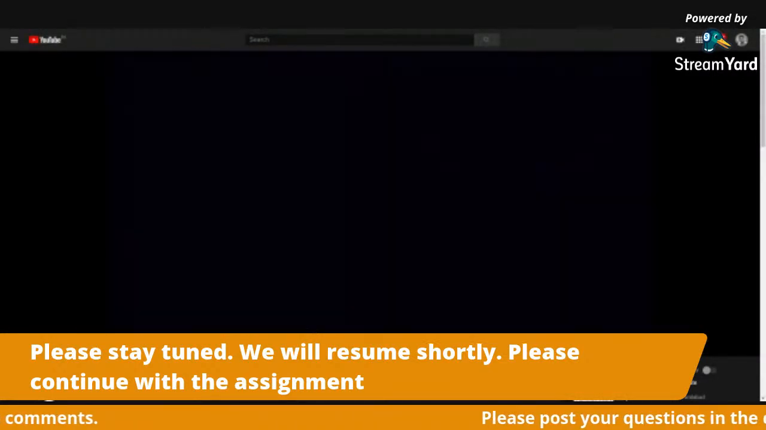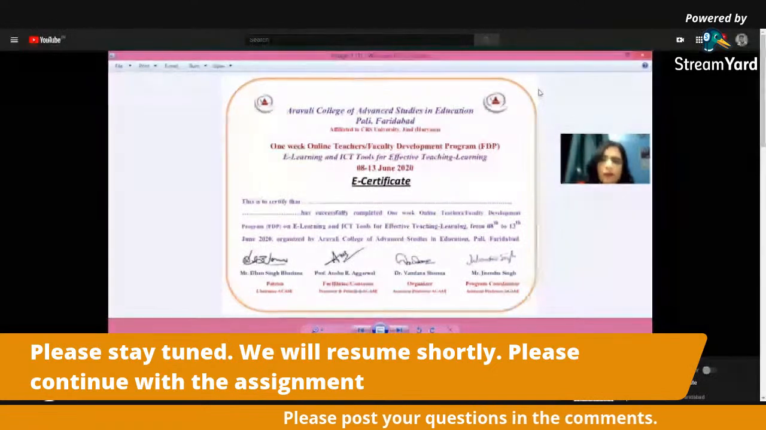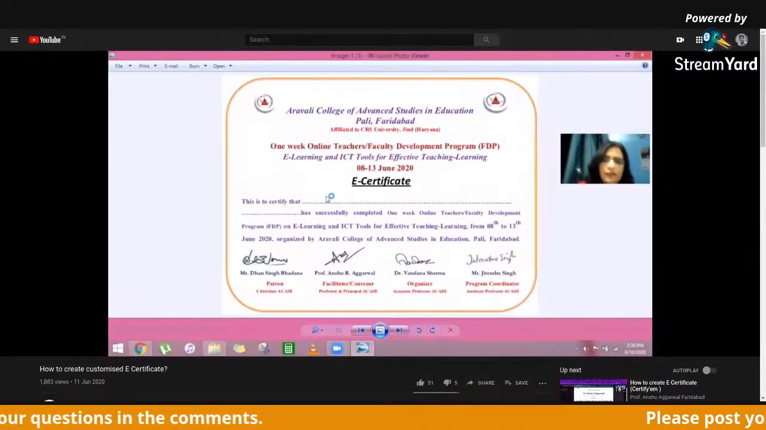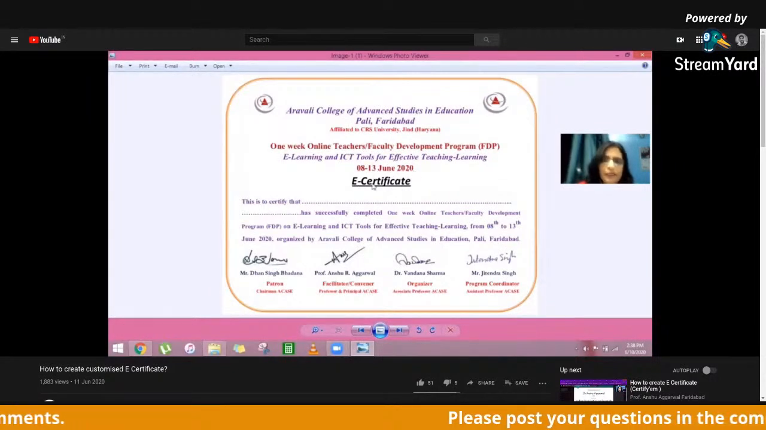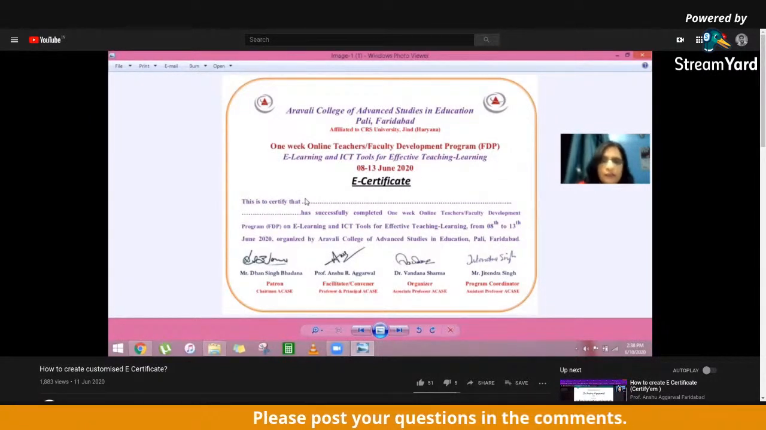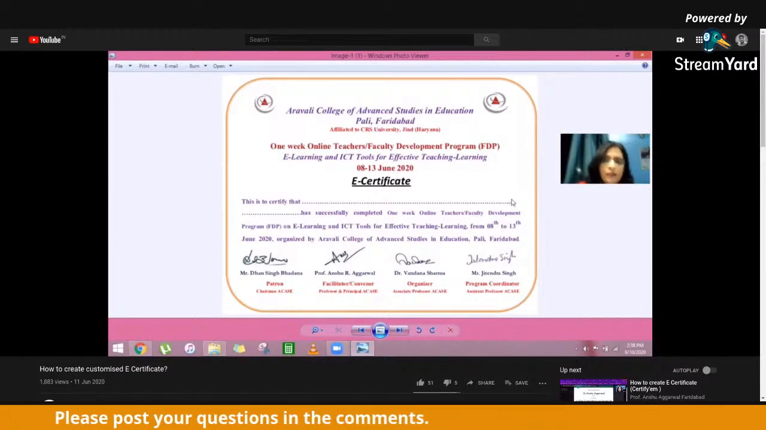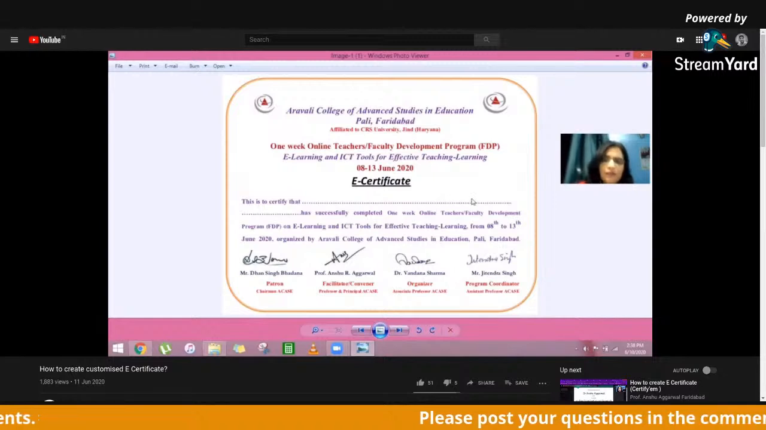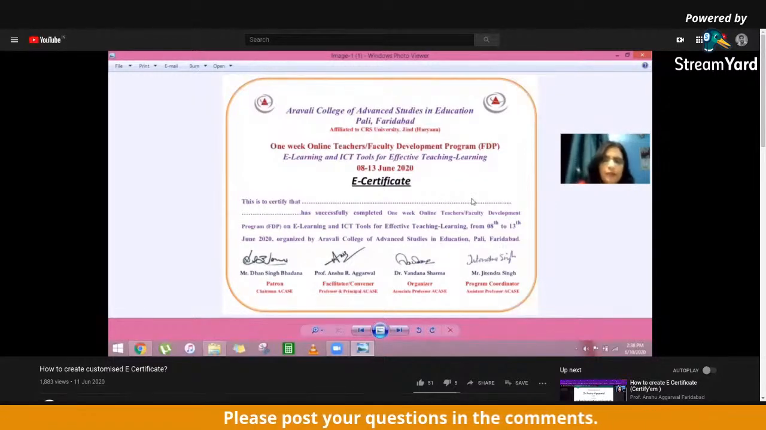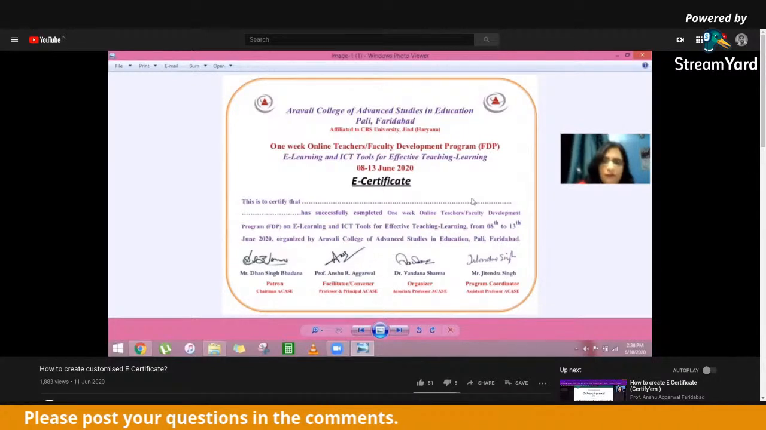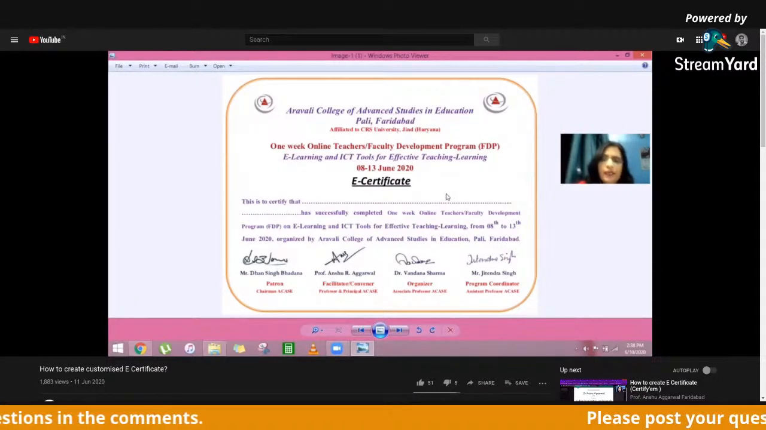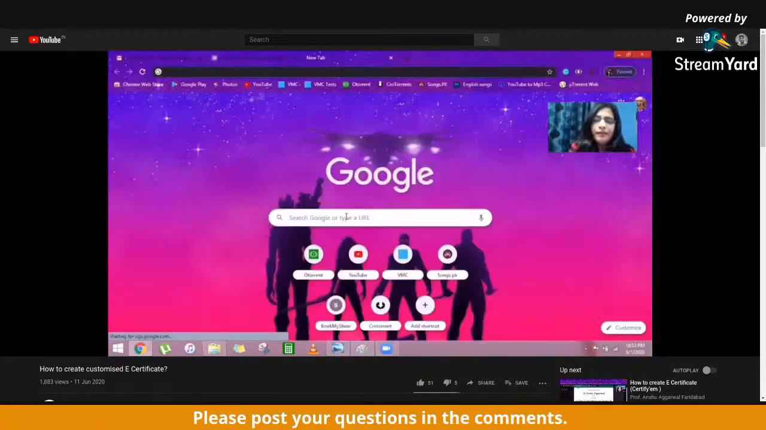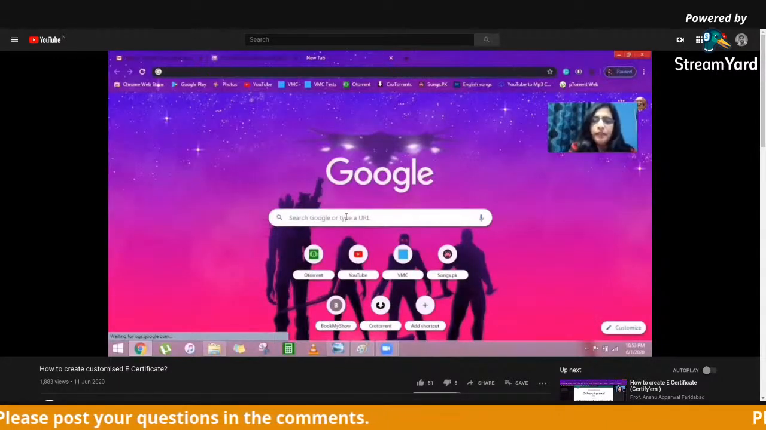Customized certificate? For creating your own customized certificate, first of all, I have created this certificate according to my requirement, and I had left this space blank so that I can write the candidate's name and the designation and the institution name, whatever I want here. So, first of all, I have created it on the board. Then I had saved this image on my desktop,